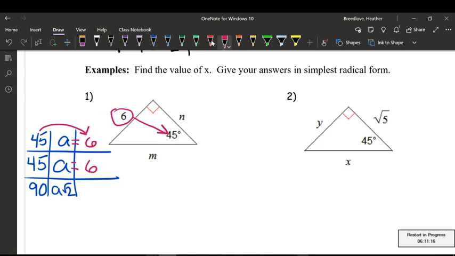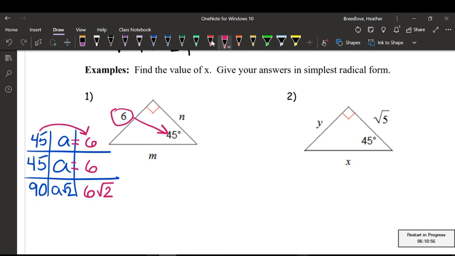Did A change? No. So wouldn't we just put in a 6 where A is? And the square root 2 is just already there, right? It just throws you off because of the radical, but really, I mean,